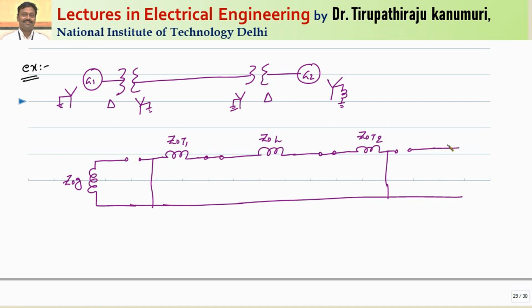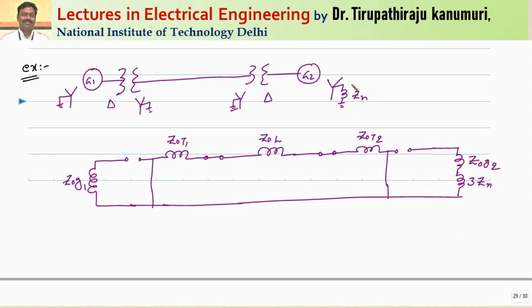It is done. So now coming to this generator. In this generator, it is star connected with the neutral grounded. As the neutral is grounded, it will have one more impedance. This switch will have 3 times Zn. So let us represent this as 3Zn, and this is the zero sequence component of generator G2. This is generator 1. I think it is clear to you. So this way we have to represent.